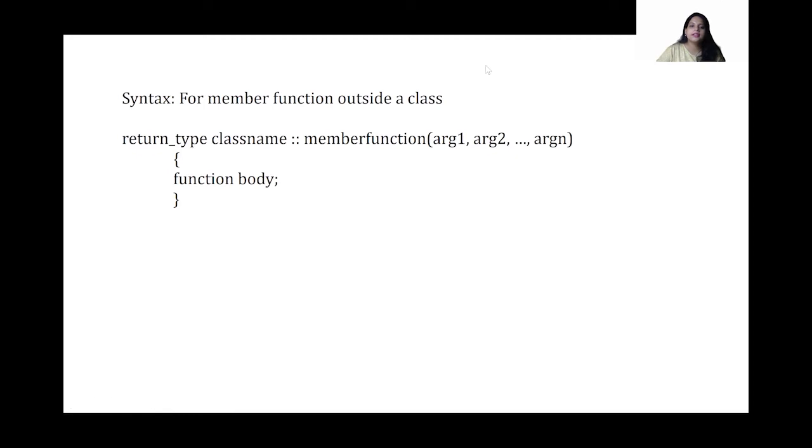So see the syntax here. Syntax for member function outside the class. Let me take the same example. Class student, this is my class. So I am declaring a class here. I have some data items, int i, and I have a member function saying public. And suppose I'm calculating the fees or something, then I'm having int sum, like the previous example. But here, I am only declaring the function, and the definition of this particular function I'm going to write over here.